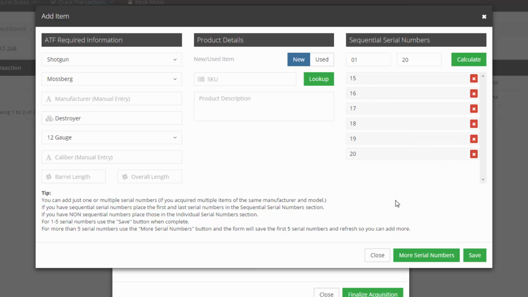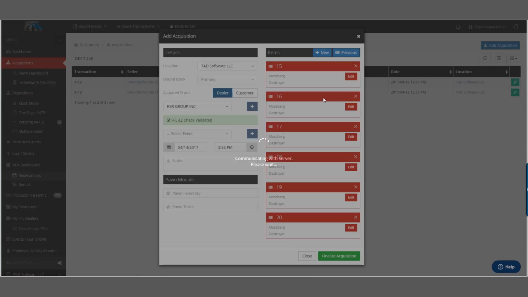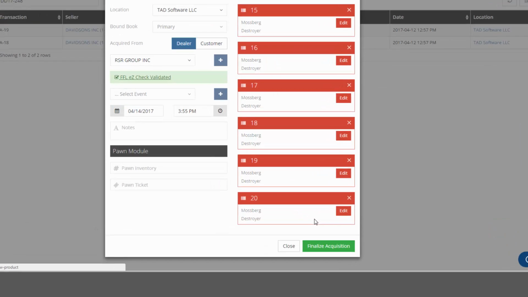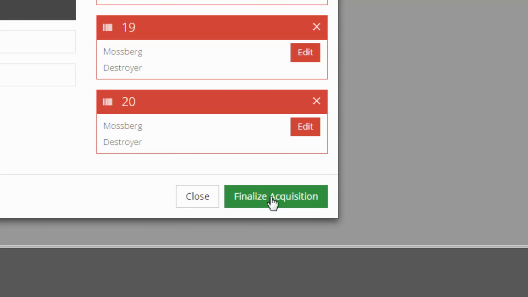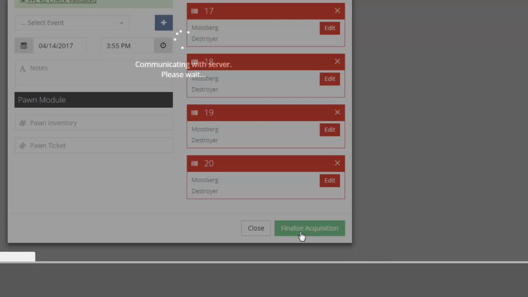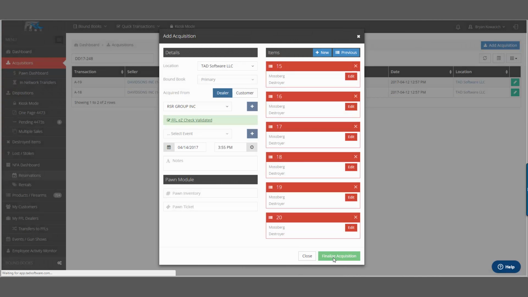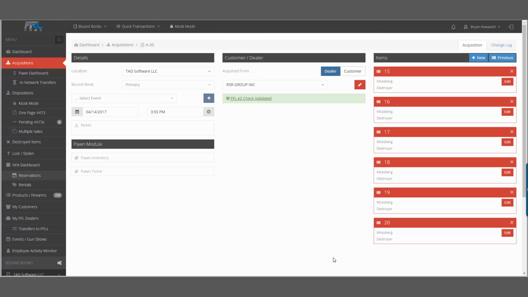So let's say I'm going to add these firearms right here. Go ahead and click save. It will populate your acquisition list, and then I have to finalize the acquisition. If I don't finalize, all of these firearms get placed in a limbo status called never acquired, and you would have to eventually go back into the system, pull those items, and finalize the acquisition on those. That completes the acquisition stage,